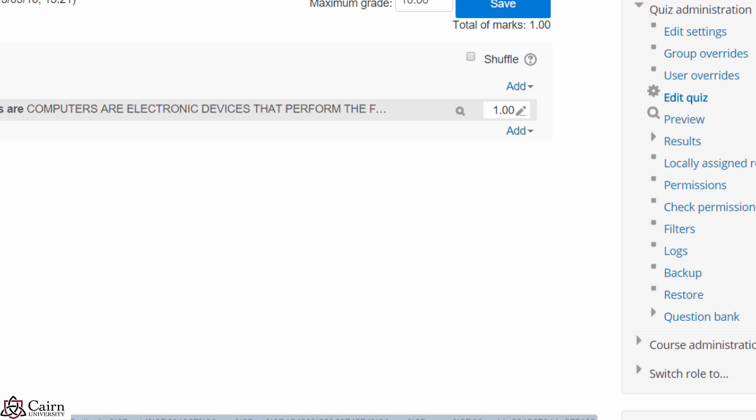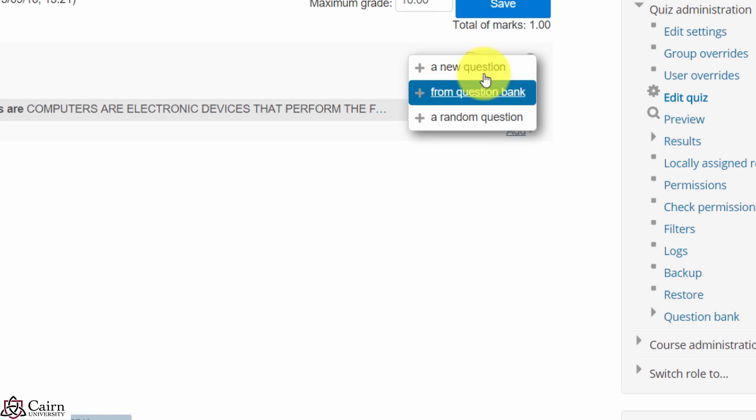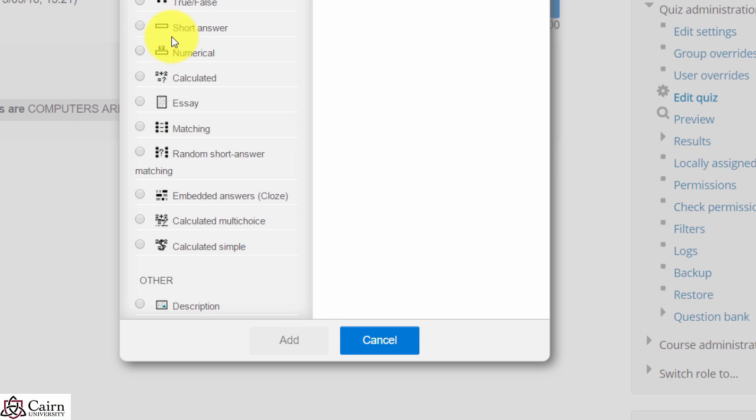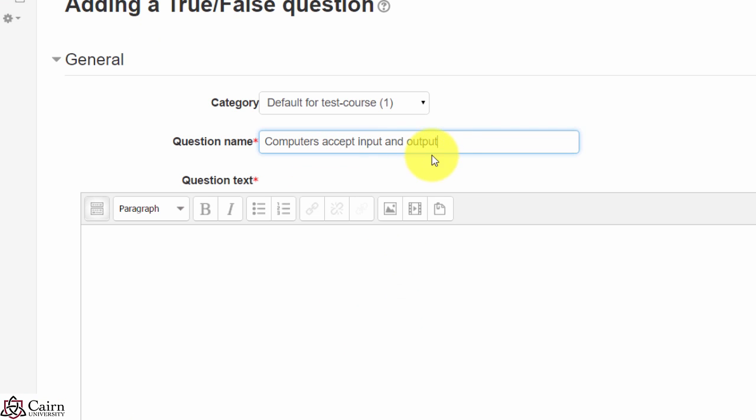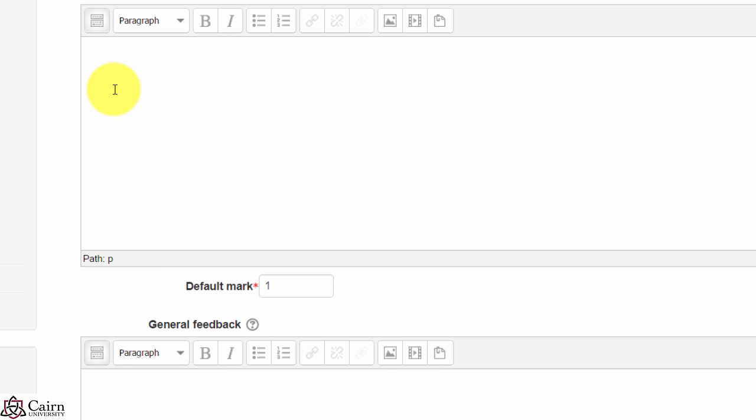That was a multiple choice question. Notice these dots here. Now we go and add another question, and now we'll add a true and false question. So we click on true and false, add, we give it a name. In some cases you can just copy and paste the same question from the title into the question text,